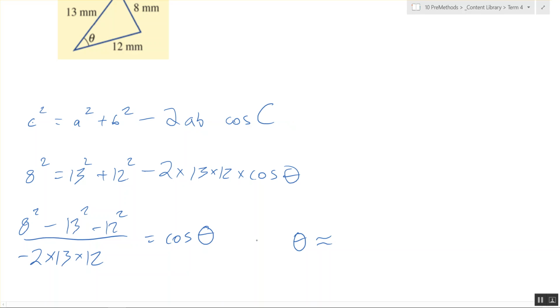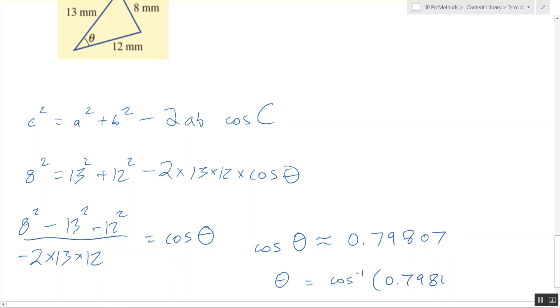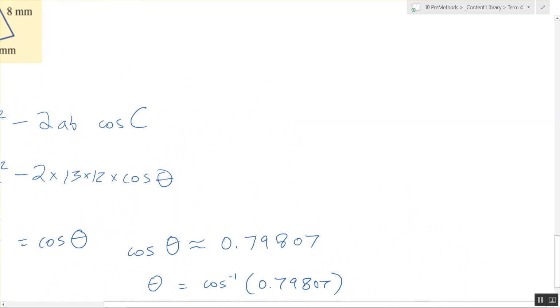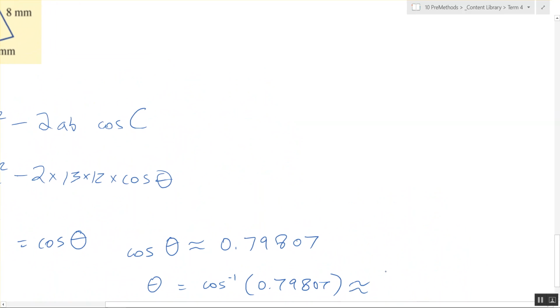Oh wait, I'll just do this first. And then how do we get the cos to the other side? Because we want theta by itself. Cos inverse. So it's like, looks like that. So theta approximately equals